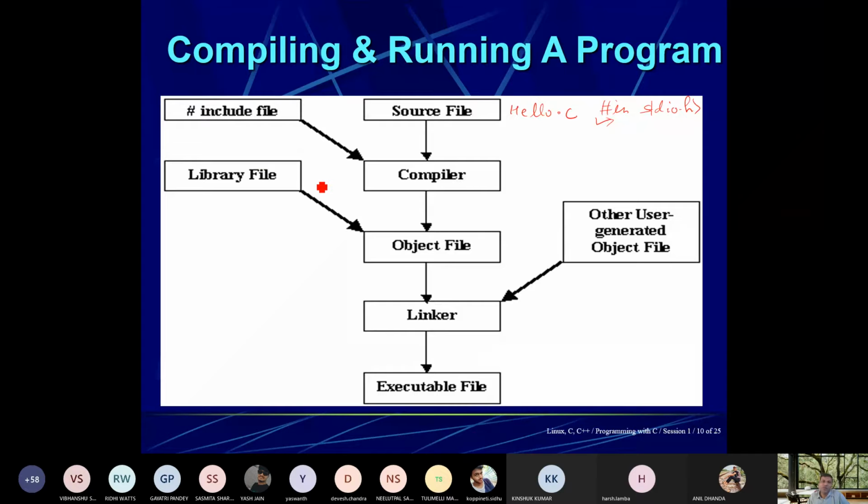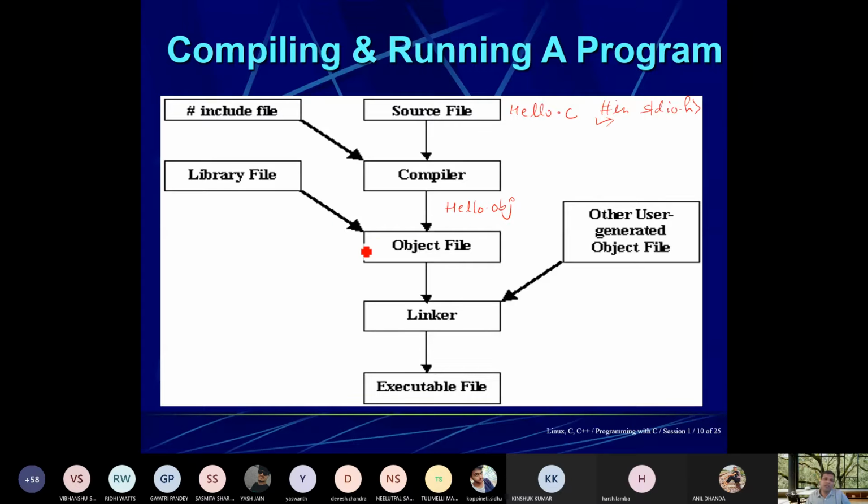After compilation, it will generate an object code. Then the hello.obj file will be generated. It is hidden to all. After the obj file, it checks for the library, and all the library functions will be included.